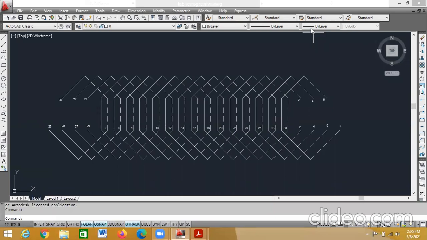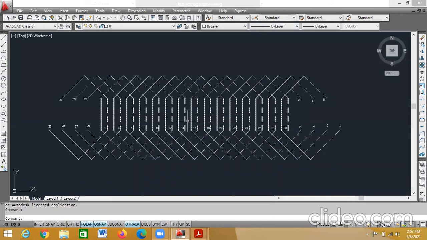This is how to select the dotted and dark line I showed you here. Bilayer means dark line, and you have to go to others and load the dotted line. So whenever you want a dark line, you have to keep it as bilayer. Whenever you want dotted, you have to select the corresponding dotted.